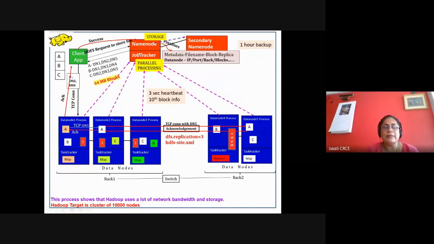In consultation with the name node, it will identify that A is on this machine, C is on this particular machine, and by referring to this information, it will relocate the computation to the location where the data is stored. This code is relocated to where the data is residing, and it is the job of the task tracker to execute the task. After execution, it will create the intermediate output that is temporarily stored on these nodes.